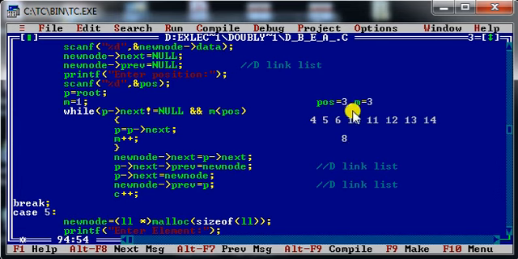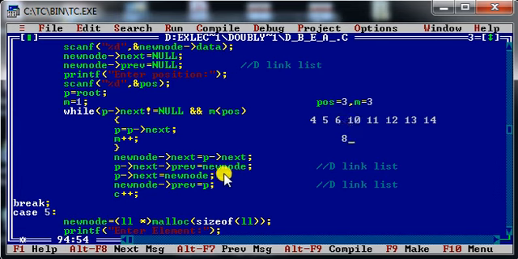In the previous part of element number 10, we need to set the address of element number 8. It means I have to create a link from 10 to 8. By writing these two statements, we have created two links, from 8 to 10 and 10 to 8.